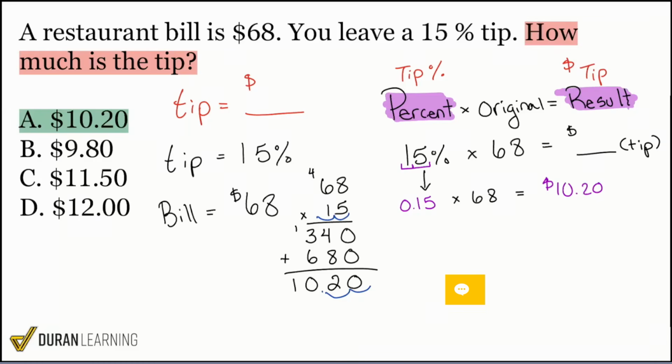All right, with that said, let's keep it going here. Let's take a look